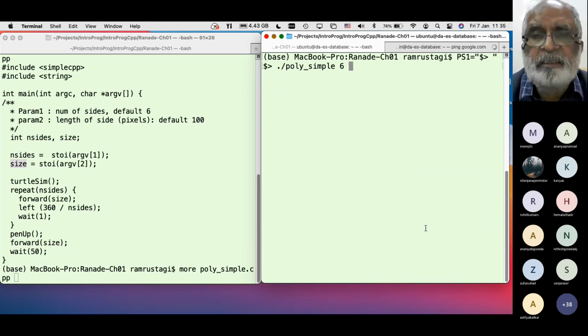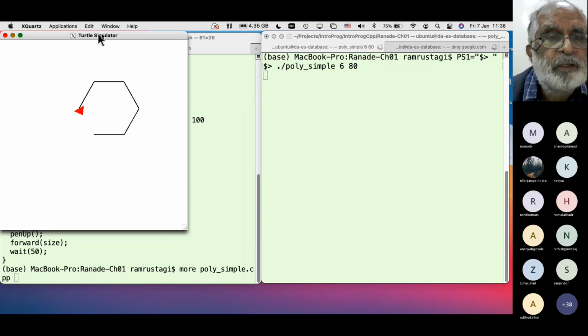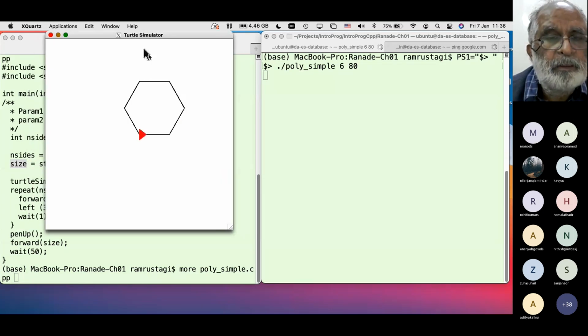With 6 sides, each side 80, we get a simple polygon, perfectly fine, no issues.